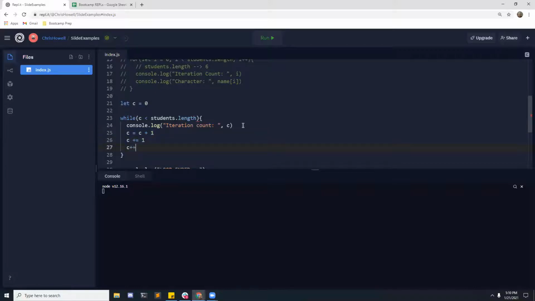And I could also, that's funny, it came out C++. C++ is a coding language as well. But basically they increment